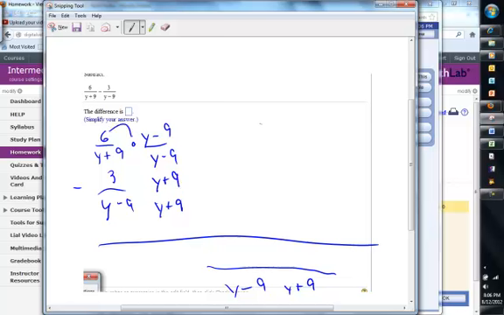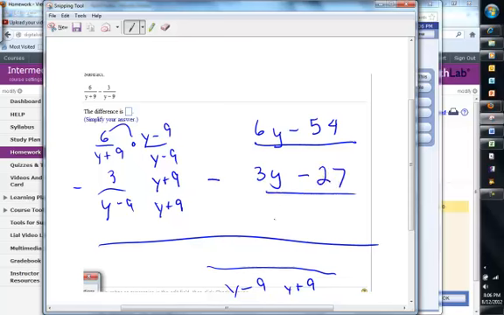And if you multiply this, you get 6y minus 54 minus, oops, that's the first numerator. I'm going to just not write the denominators. Minus 3y minus 27, because negative 3 times 9 is negative 27. So we have 6y minus 3y is 3y, minus 81. Can't simplify that any more than it is. So it's 3y minus 81